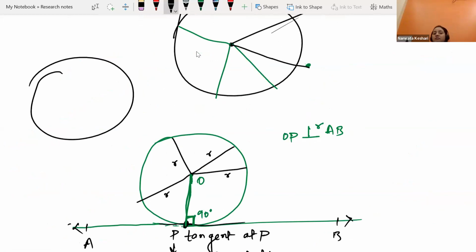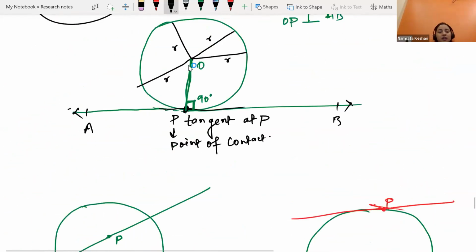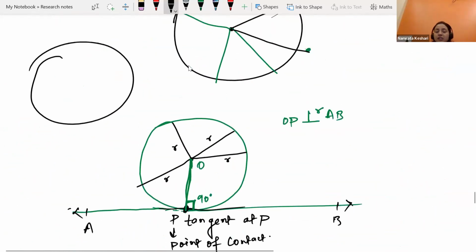Suppose you have a circle, because if I do not tell you what a tangent is, you will not get everything else. So I need to tell. So if we have a circle and a line which is touching the circle at only one point,